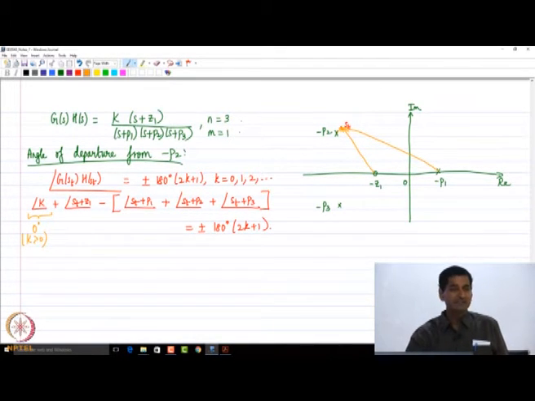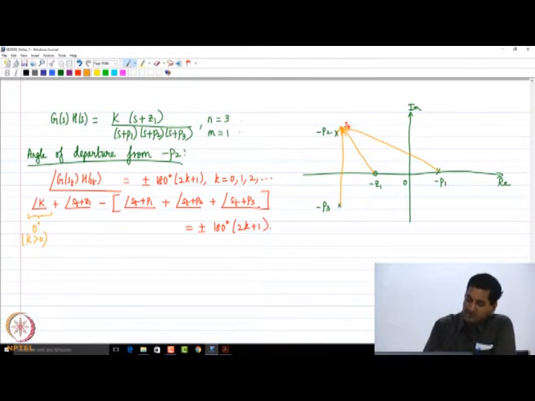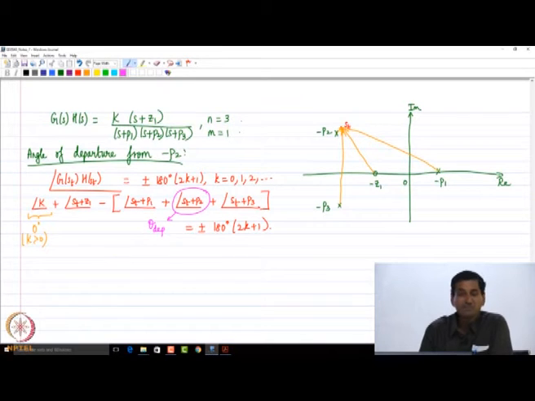It is this vector. What is the angle of st plus p3? It is the angle made by this vector. So, immediately we can see that this angle, the angle of st plus p2, is the departure angle, because st plus p2 is the direction in which the root locus will start. So, that is the departure angle, and please note that as st tends to minus p2, because st is,